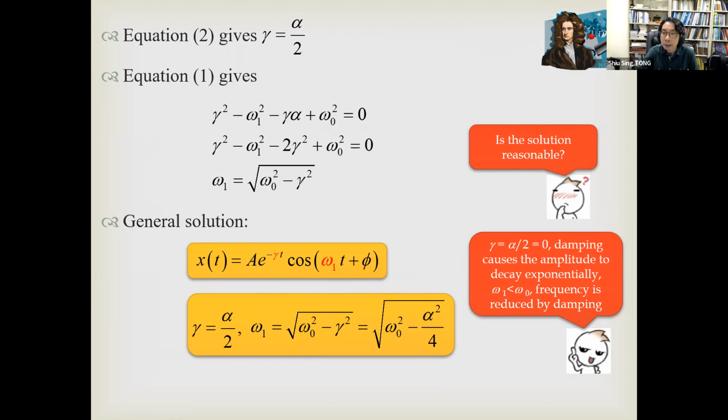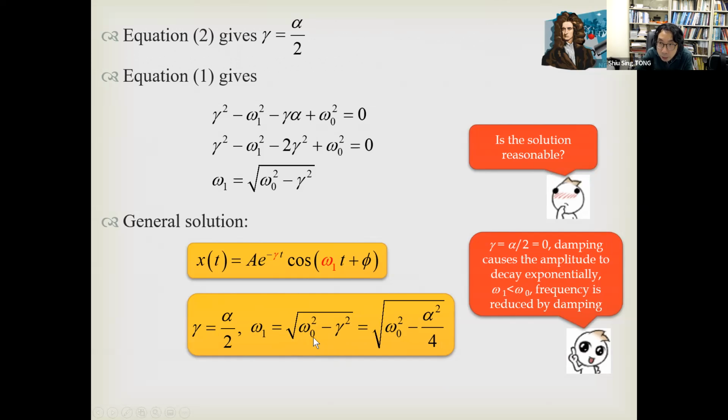Now, you can notice that if gamma is zero, this should not be zero. I have a typo here. If gamma is equal to alpha over 2, now this time this gamma actually causes a damping in the amplitude. Okay, and you can also see that the new frequency will be smaller than the old frequency, because the new